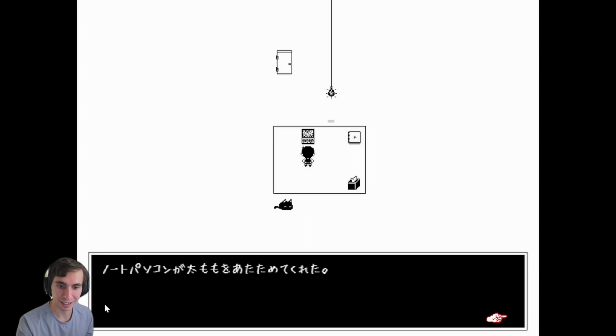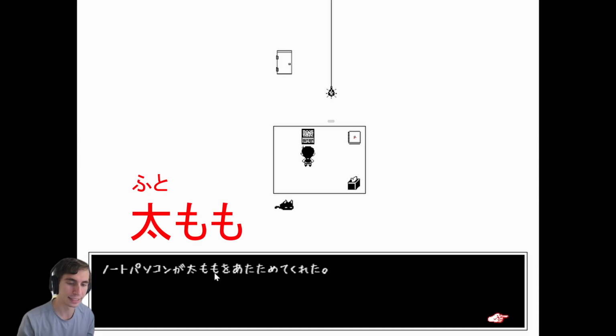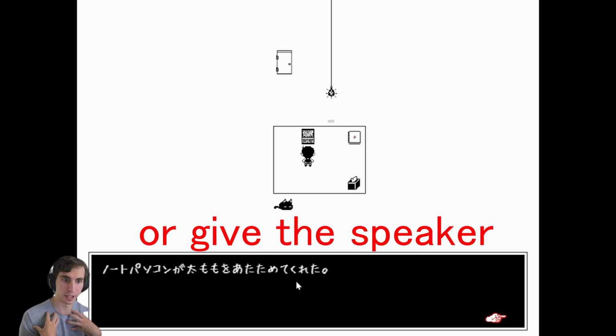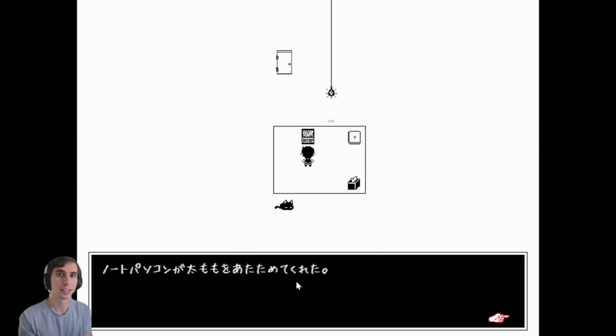And okay, so we have noto pasokon ga. So again, laptop. Ga is our another subject marking particle. Futo momo, that is thigh. Futo momo o atatamete kureta. So kureta is to give us, right? So if we say kurete kudasai, please give me something. So kureta, it gave me